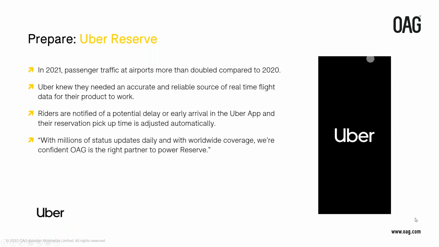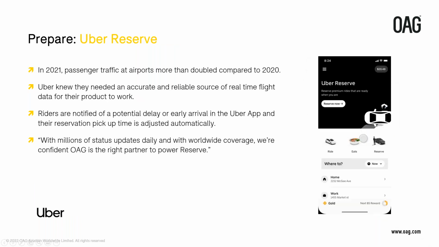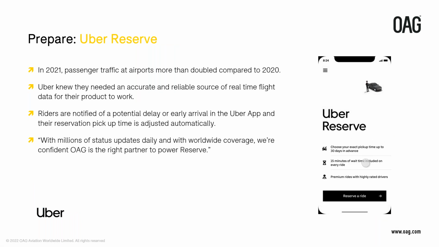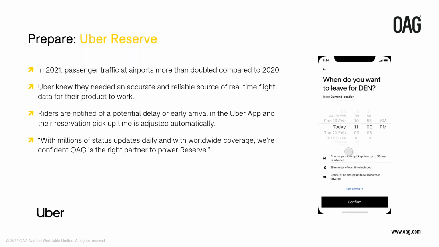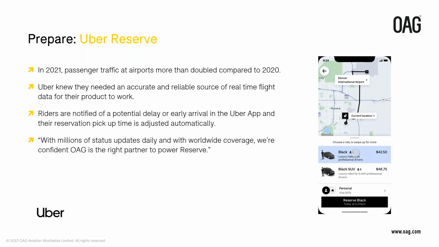So moving on to the next stage. This is Uber Reserve. So obviously Uber is an American mobility as a service provider based in San Francisco, and they operate in around 900 metro areas worldwide. And Uber Reserve is one of the newer ride options which has been rolling out globally, and that allows you to request rides 30 days ahead of time.